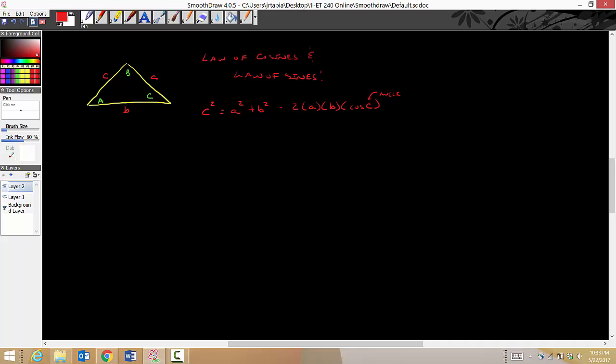If you wanted to use the law of sines, you could use A over the sine of A is equal to B over the sine of B, which is equal to C over the sine of C. So depending on what was given to you, in this case, let's say that